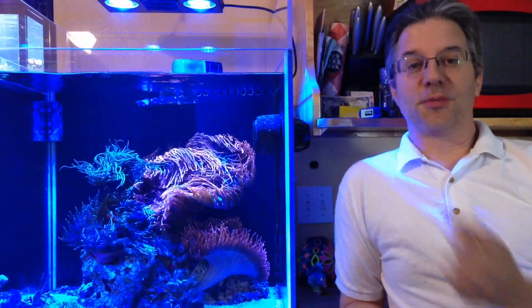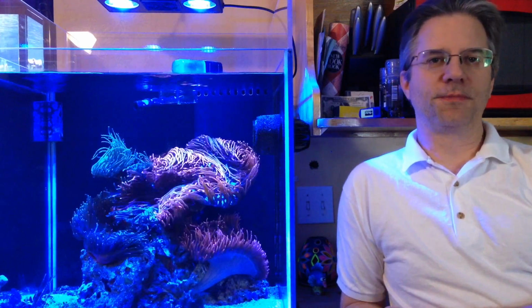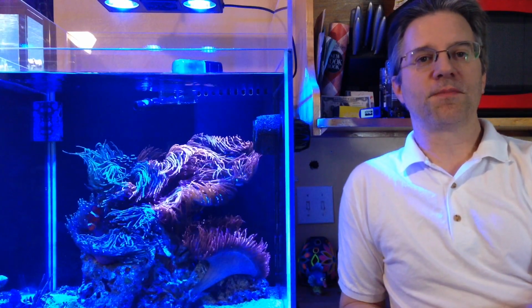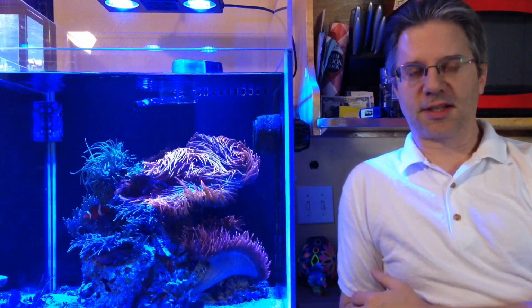One of my favorite color modes is this one right now, and it only happens a couple of times a day. It's not all day long. This is actually set up in a progressive lighting period where it will change colors throughout the day. In other words, it'll go from very dim blue to a lighter color, finally into the 10K mode,